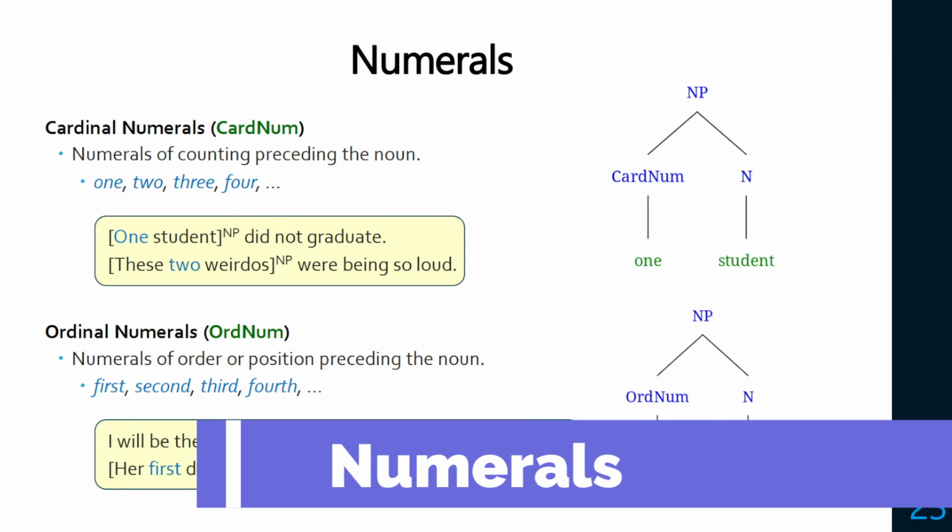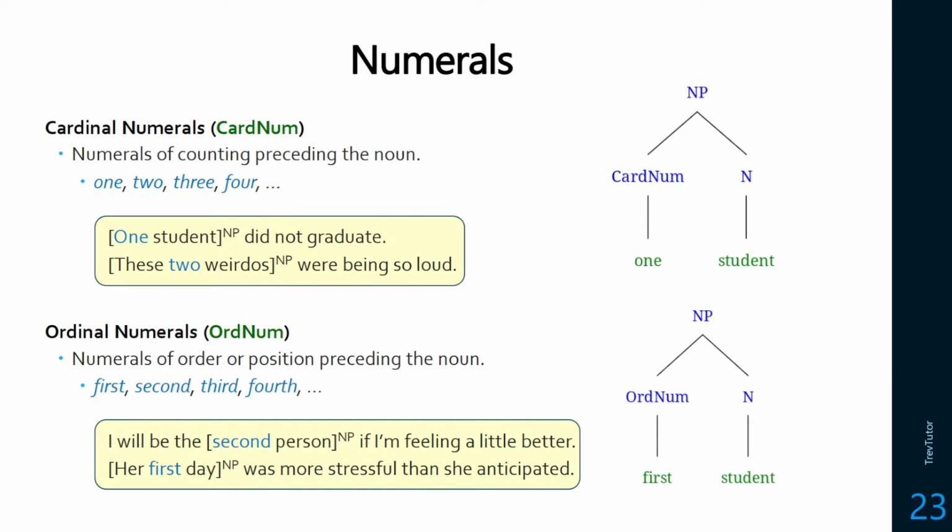Noun phrases can also contain numerals, and there are two different types of numerals that we should be talking about. Cardinal numerals are the counting numbers 1, 2, 3, 4, 5, 6, and ordinal numerals are sequential numbers, like counting in a sequence: first, second, third, fourth, fifth, sixth, and so on. So we have cardinum and ordinum for the labels, and we'll notice that these occur before the noun they're describing. Words like one or two can be pronouns or nouns as well, depending on the position, but they're cardinal numerals when they are describing a noun that's coming after them.